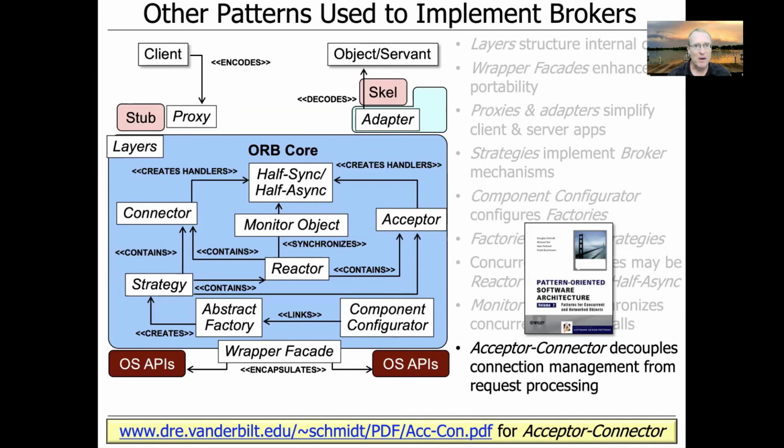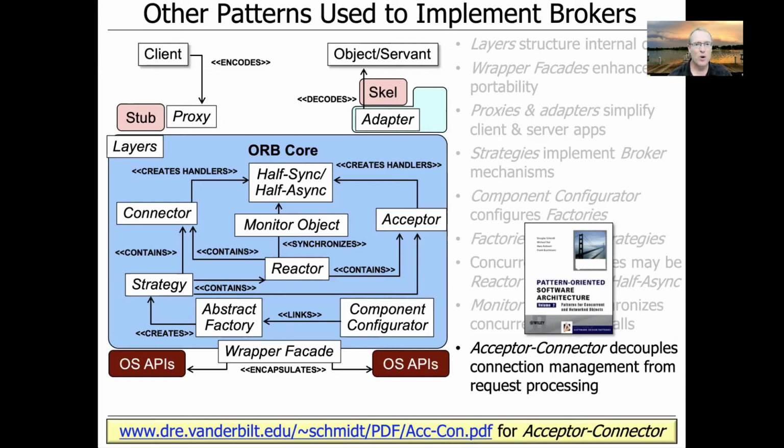The last pattern I'll mention here, of course, there were many more, but this is the last one we'll talk about in this discussion, is the Acceptor-Connector pattern. And we use this to decouple connection management from request processing. And this was very important because we wanted to have a way of being able to connect up our middleware from client to server or client to servers, as the case may be, in a way that didn't tightly couple the connection management logic with the event demultiplexing logic, with the protocol processing logic that was being done by different